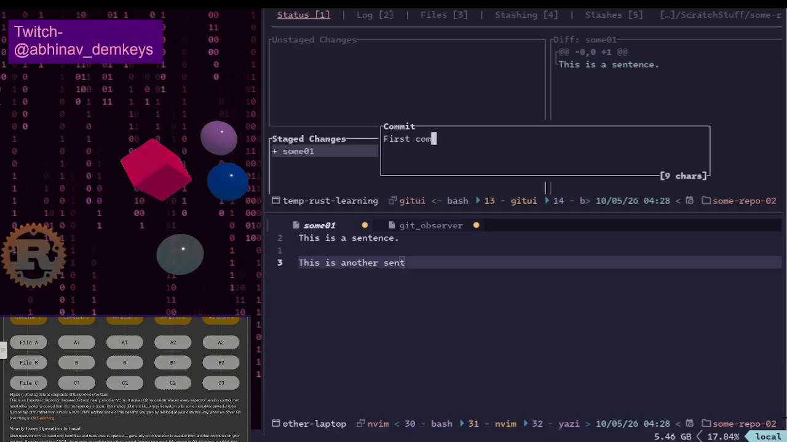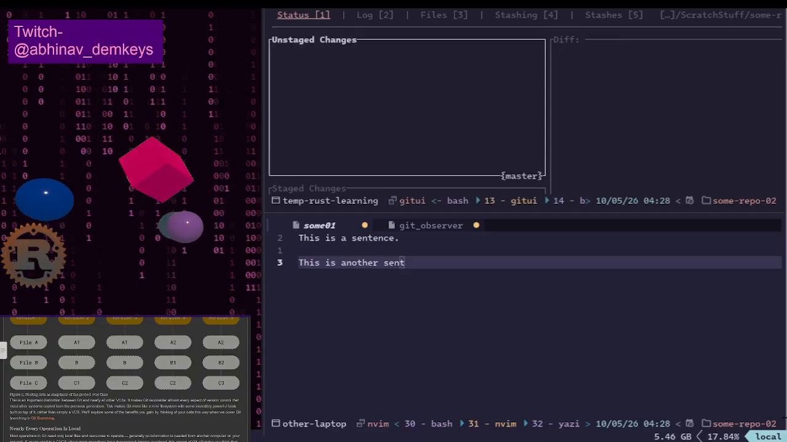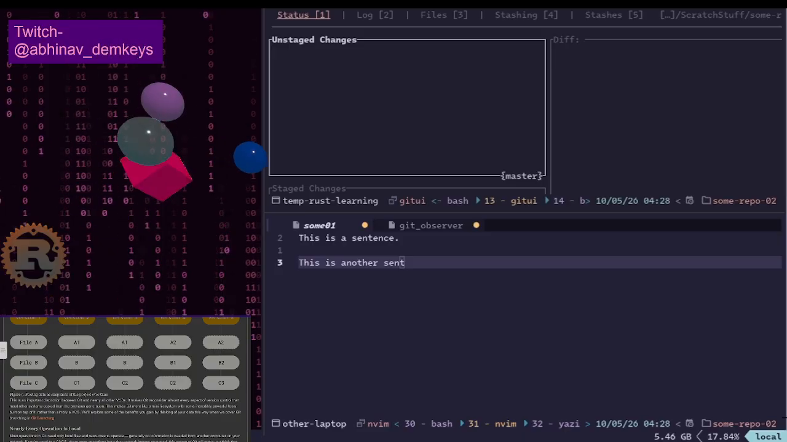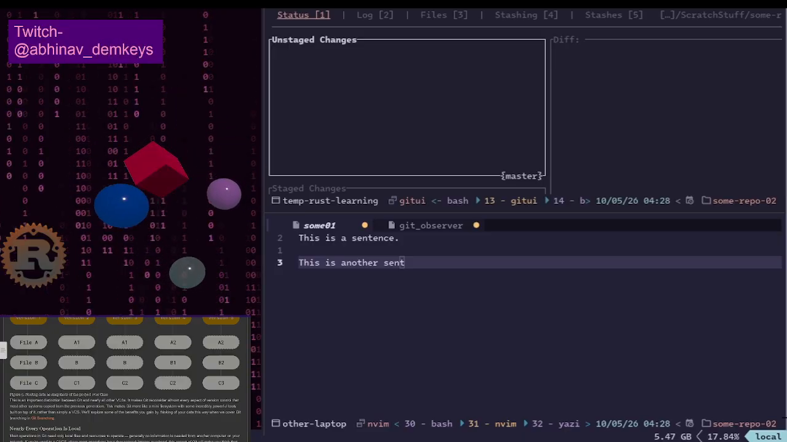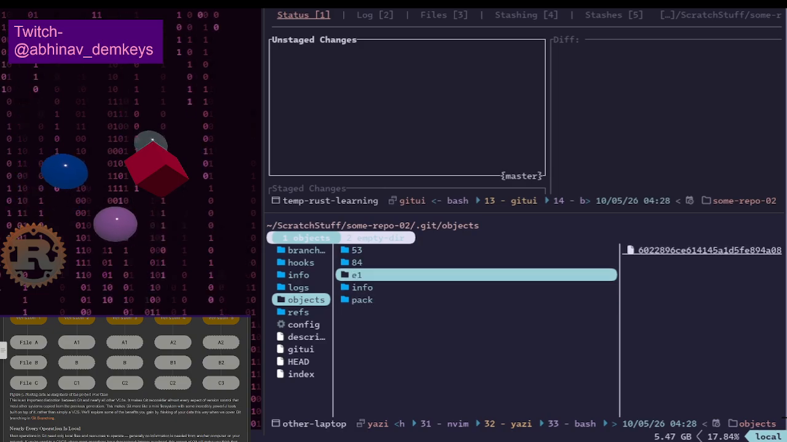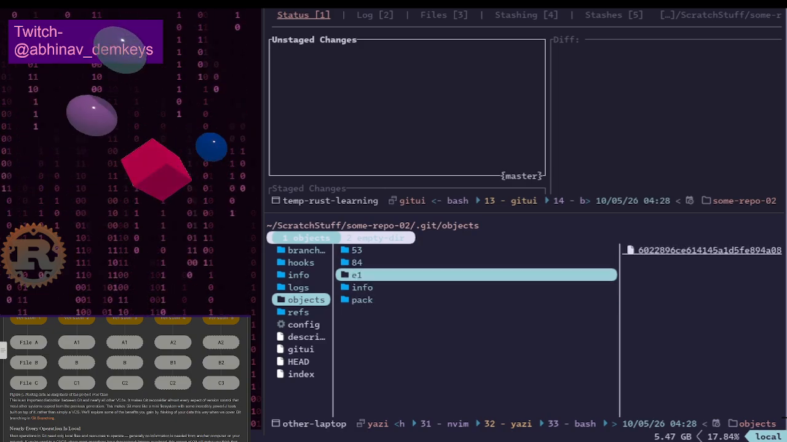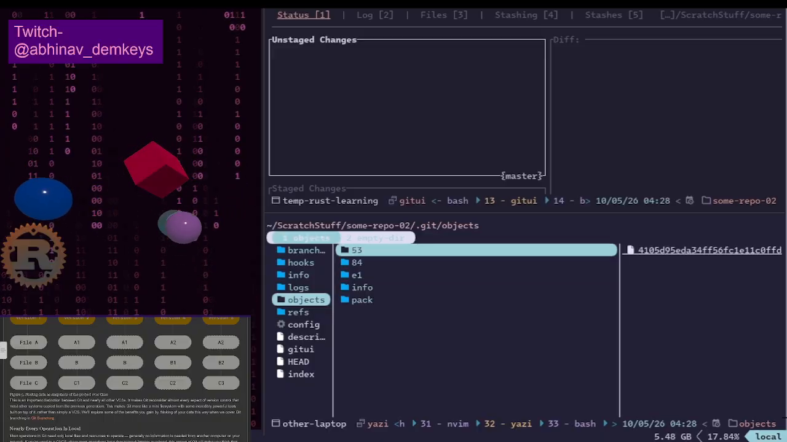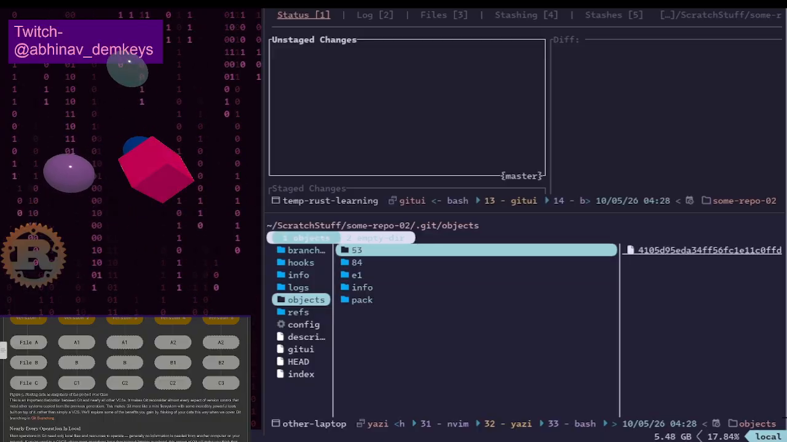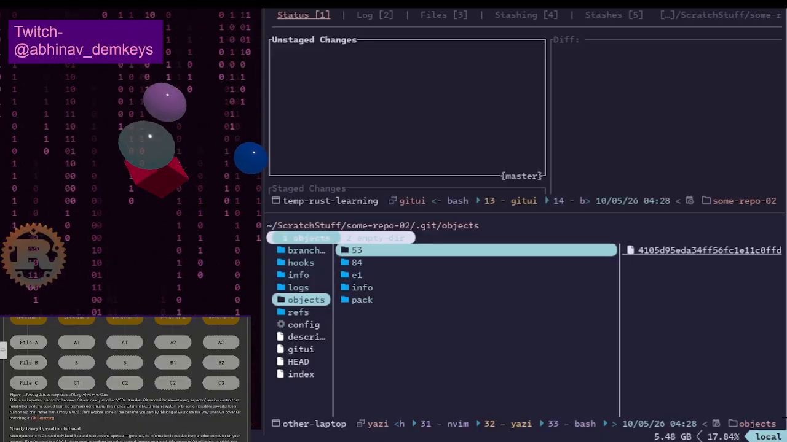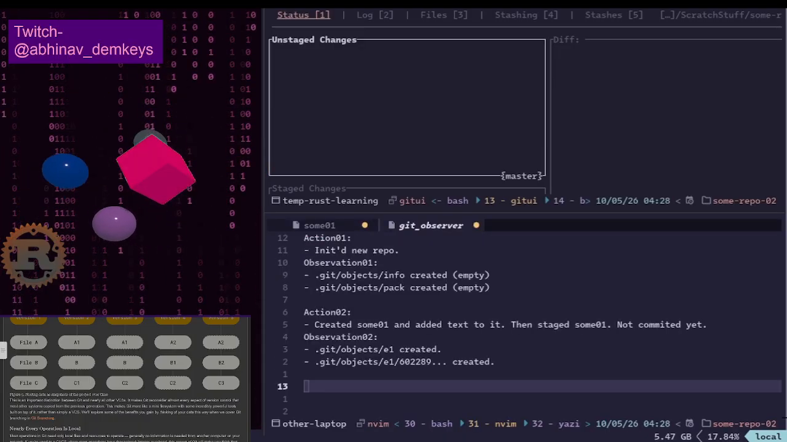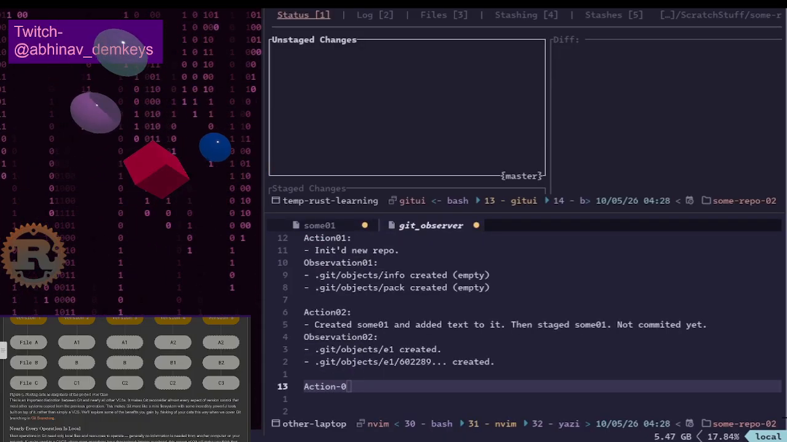So I need to log these. We're going to come here, action 03: committed staged file. Yeah, that's it. And then we have our observation, observation 03,